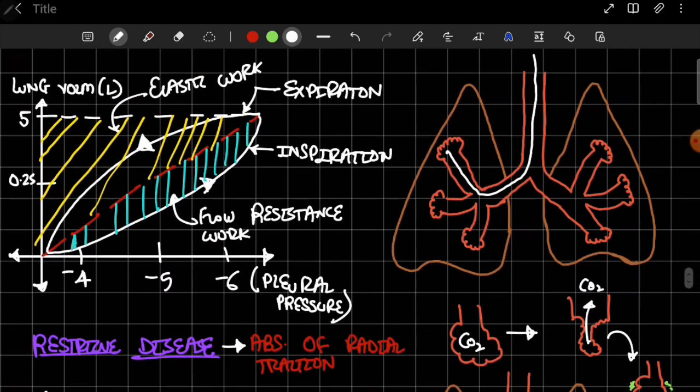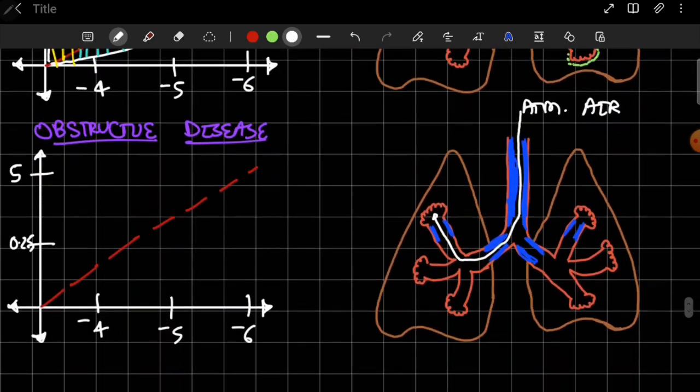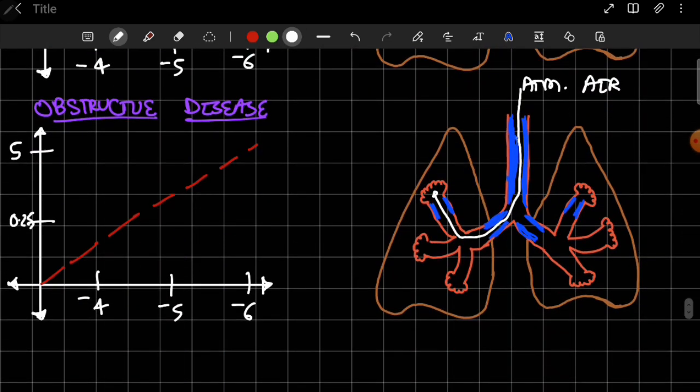Obviously this pathway. Why? Because the pathway here is narrow. So if it is the narrow pathway, as we have seen earlier,